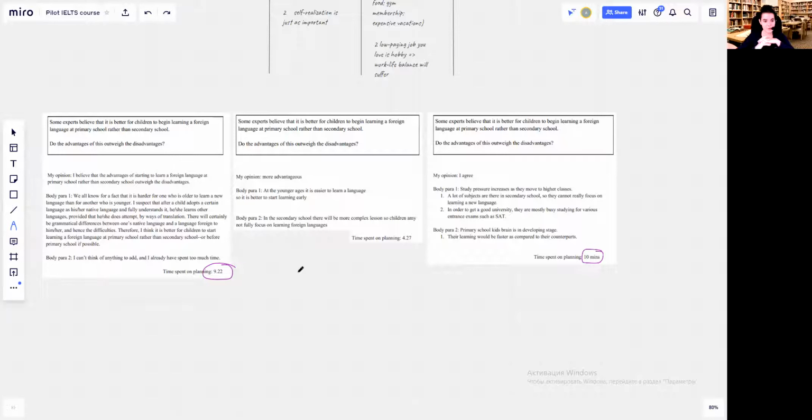All of these 3 people said that advantages do outweigh the disadvantages, right? So, for example, I believe that the advantages outweigh the disadvantages. Here you could have written yes. Here, more advantageous. I agree. Yes, very good. But, and let me just